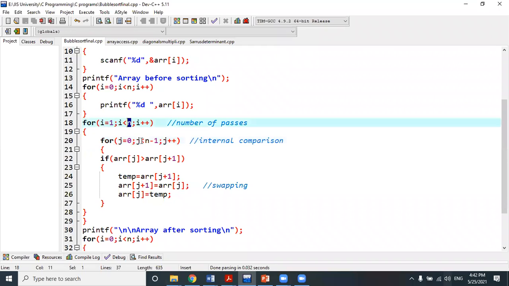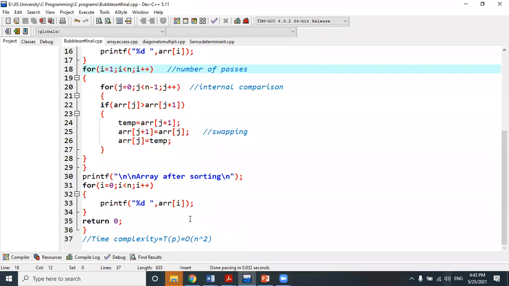So that's why for n number of passes, our inner loop or iterative loop is actually iterating, or you can say the comparison is performing n number of times. So for one element, it will perform n number of times. For n number of elements, it will perform n into n number of times. Understood? Do you understand what it is trying to say? For one pass, it will perform n number of comparisons. Then if there is n number of passes, how many comparisons will we require?